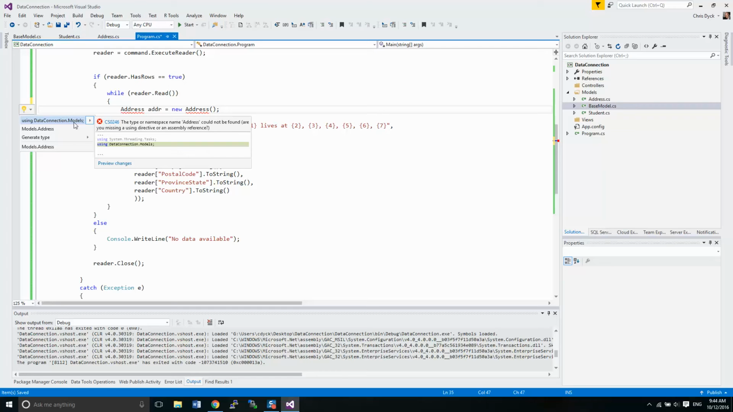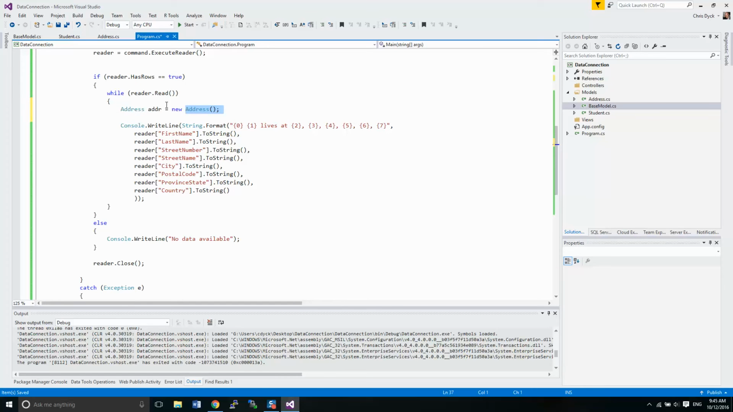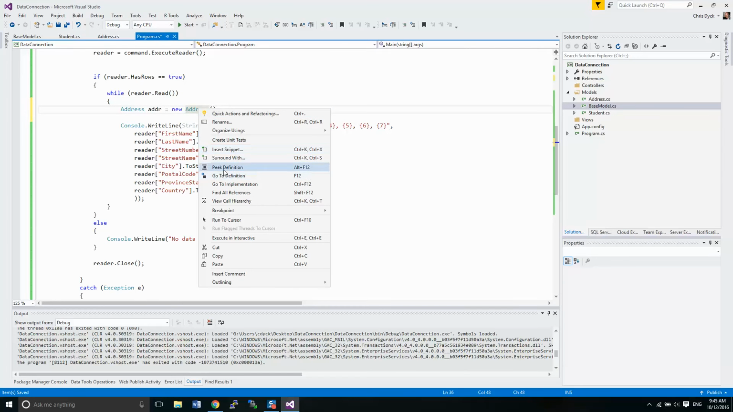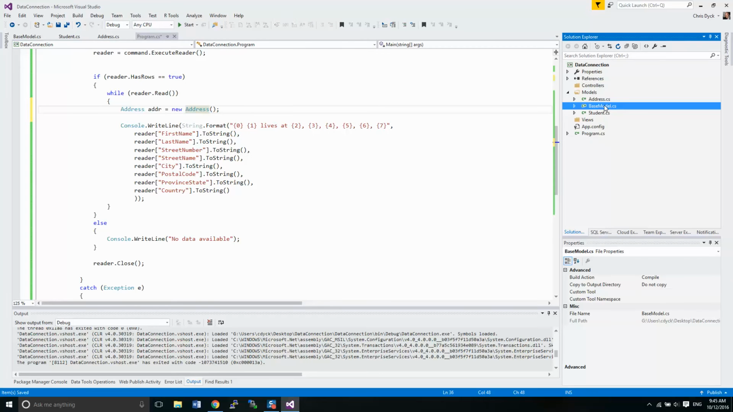Okay, remember our project name is data connection. Our models is a folder within there. So again, it's just about organization and where to find things. Okay, so we want to find that into models. Okay, now addresses itself doesn't really do a whole lot, so I'm going to go into our base model here, and we're going to set up